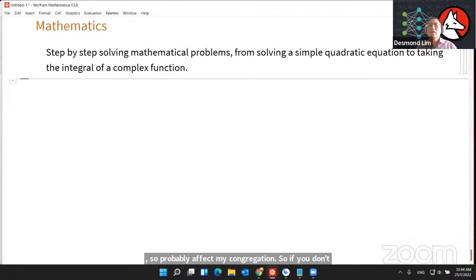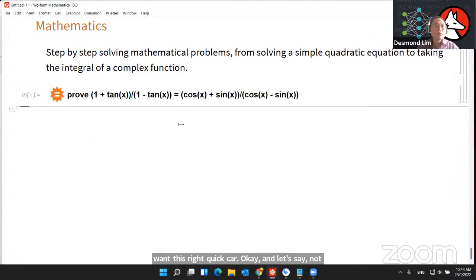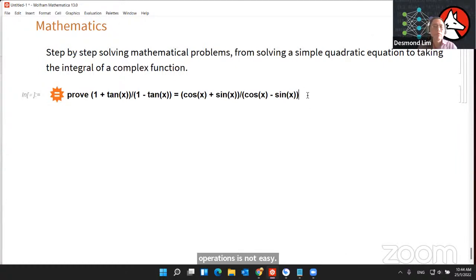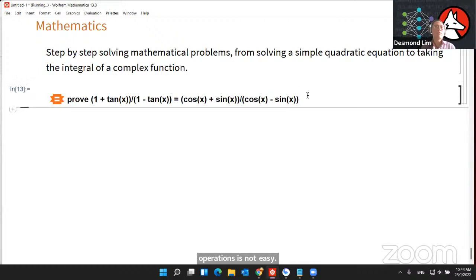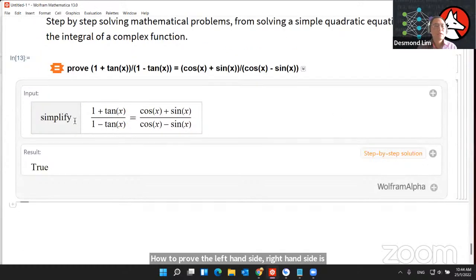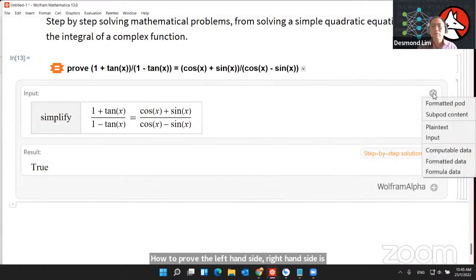And let's say not only does it show some normal computations, but it also has the ability to do some proving, left-hand side to right-hand side, for some mathematical calculations. It is not easy, okay? But Mathematica is able to do this. It just came out probably 2 years ago. So if you want to prove that the left-hand side equals the right-hand side, you can just run this one, okay? Let me show the